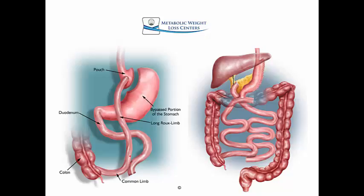With the duodenal switch, it's kind of similar, except we're actually doing a sleeve gastrectomy, and then we are taking the small intestine and bypassing it down to this component here. And usually with a duodenal switch, much more intestine gets bypassed, which can lead to even greater weight loss than a gastric bypass, but also can lead to some long-term